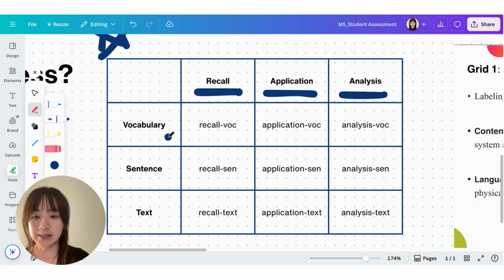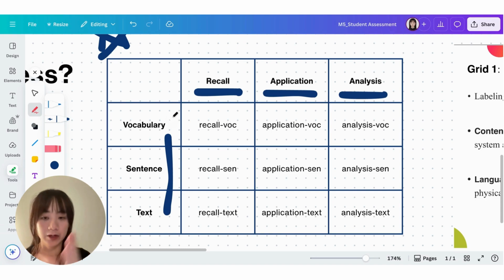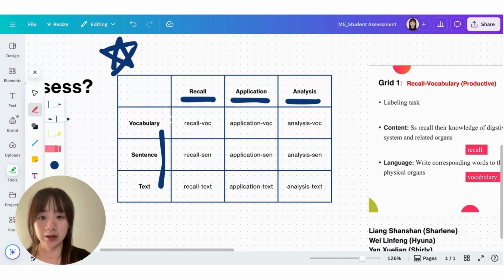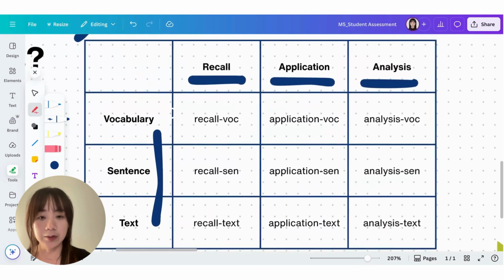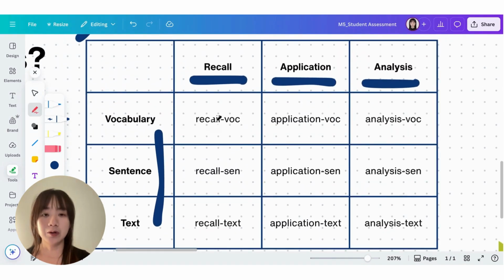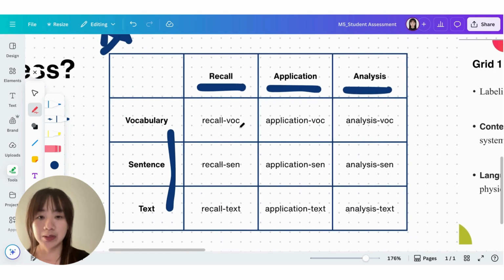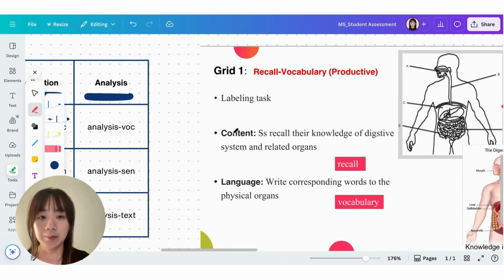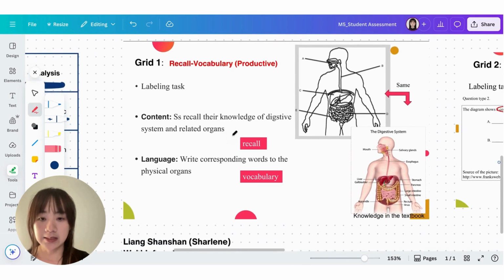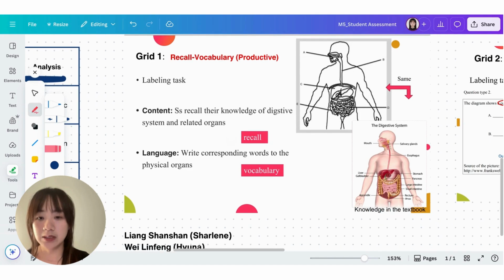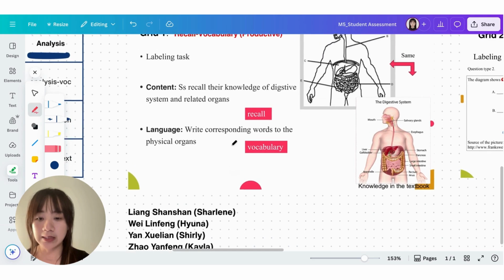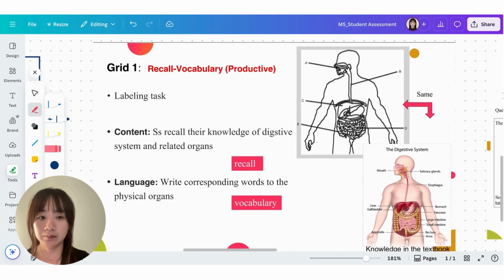And the vocabulary and sentence text, this vertical column, is closely related to the general act model from my perspective. So every time you want to think about how to assess your students, you can use this 3x3 grid model to help you brainstorm the assessment types. For example, if you want to test students' lower thinking skill, like recalling some vocabulary, then you may design an assessment like this. These are examples that my previous classmates came up with, and I already got their consent to share these examples.